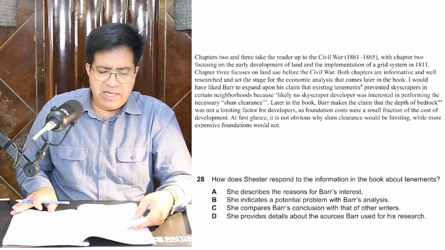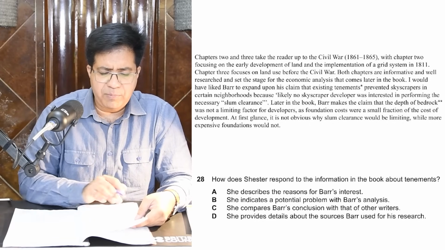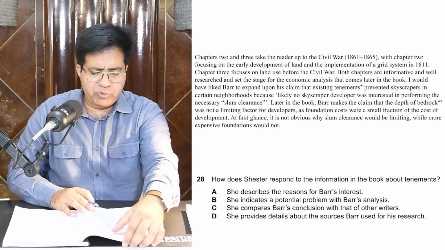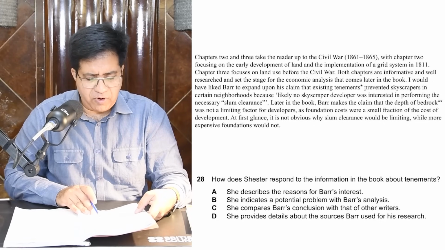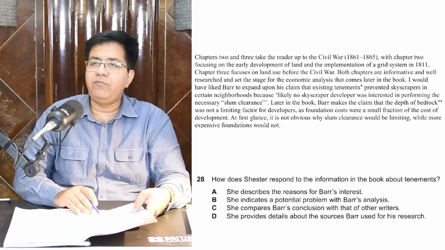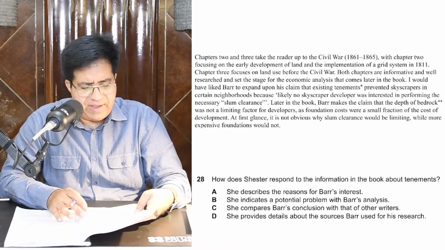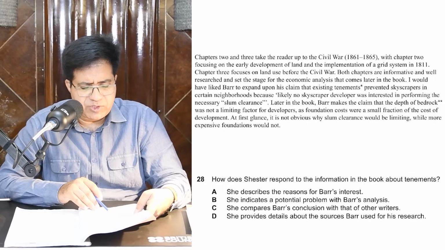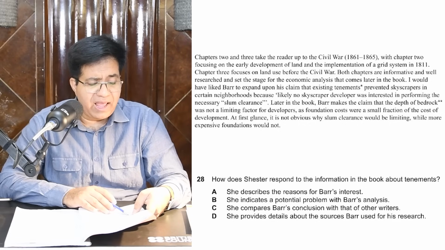Now, the question is what? How does Chester respond to the information in the book about tenements? Now, please come to the third paragraph. I am going to read it from the third line, after Civil War. Found it? Both chapters are informative and well researched and set the stage for the economic analysis that comes later in the book. I would have liked Barr